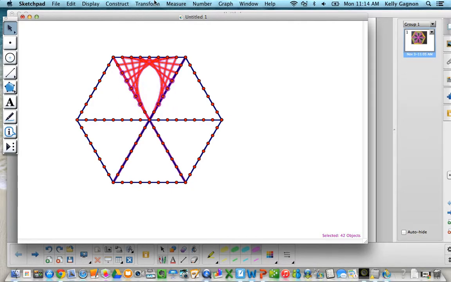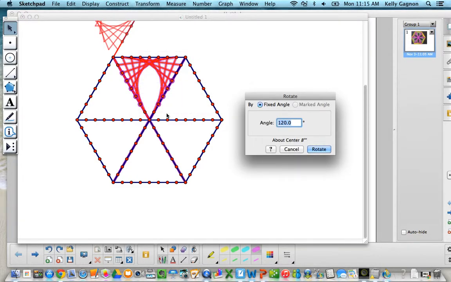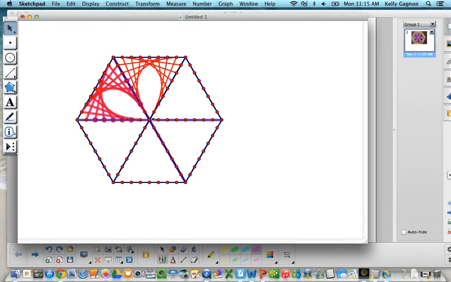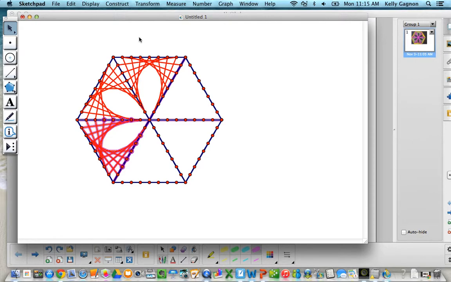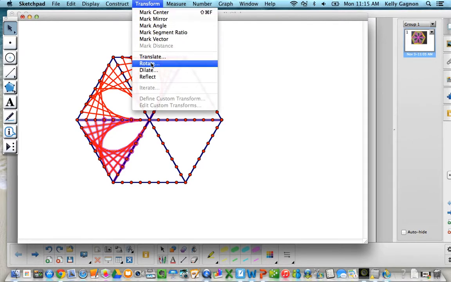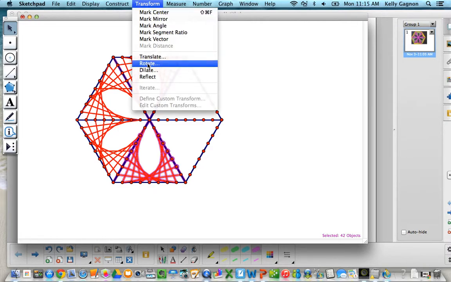Okay, and I can just do the same thing I did before. Transform, rotate. Okay, now I want to go about this point right here. And instead of 120, I want to go 60. Okay, notice we didn't actually need to do all those points before. If you select them now, they could have rotated then. So you can transform, rotate. Okay, you're going to go about this point right here. Transform, rotate. Okay, transform, rotate. You can see it's just filling in. Transform, rotate,